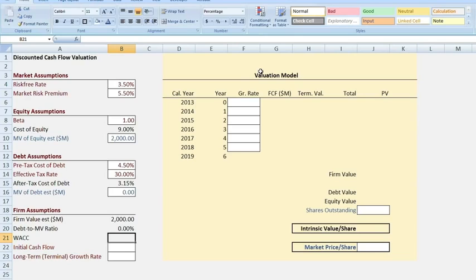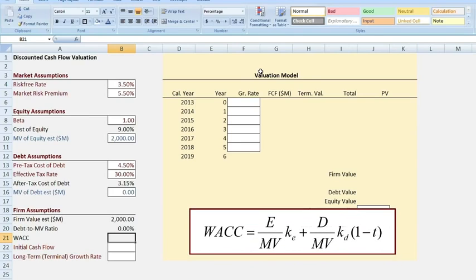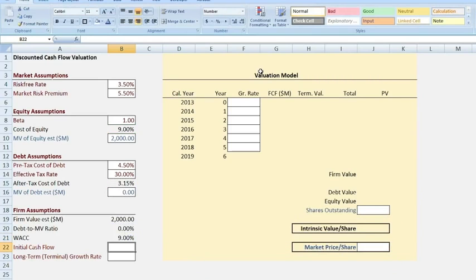Now we'll enter in the formula for the weighted average cost of capital for this firm. The weighted average cost of capital is going to be the weight in equity, which is 1 minus the debt ratio, times the cost of equity, plus the weight of debt, which is the debt ratio, times the cost of debt. The weighted average cost of capital is, of course, 9%, exactly the same as the cost of equity because it's